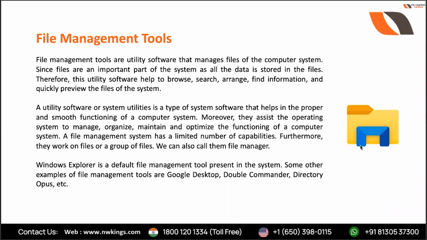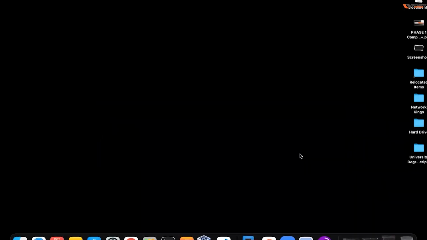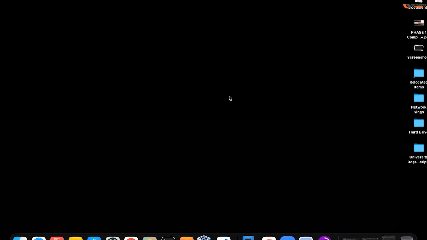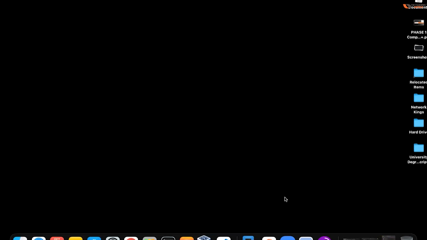Now, Bishal, you have put a great point. I said, why is a file management tool necessary? Most of you will think, and there's no problem in thinking like that, that we only have this as the only medium to access our files and folders, right? But let me just show you that we have other ways through which we can access our files and folders. Let's suppose I want to find out what is there inside this folder.